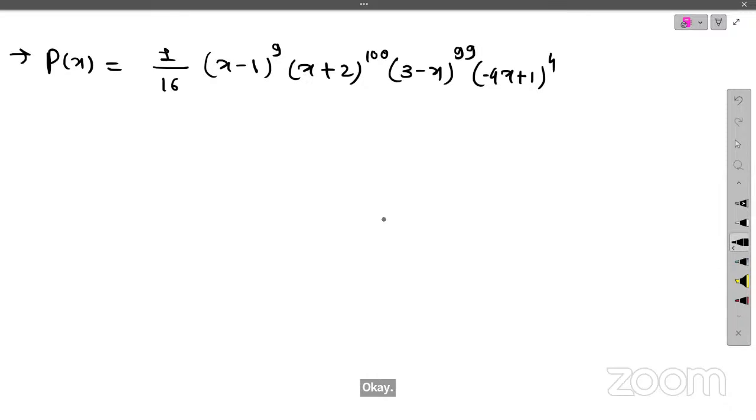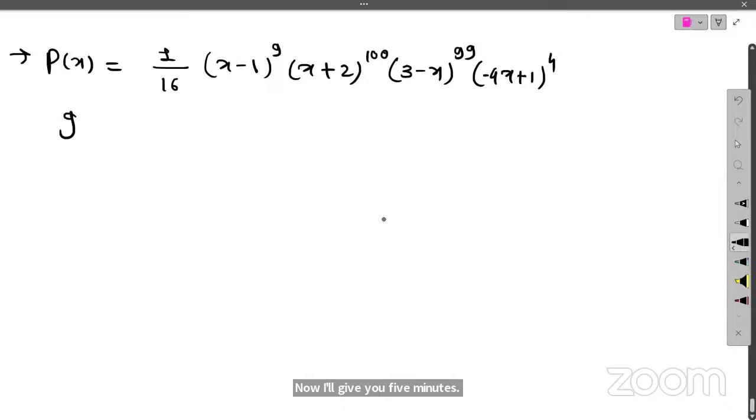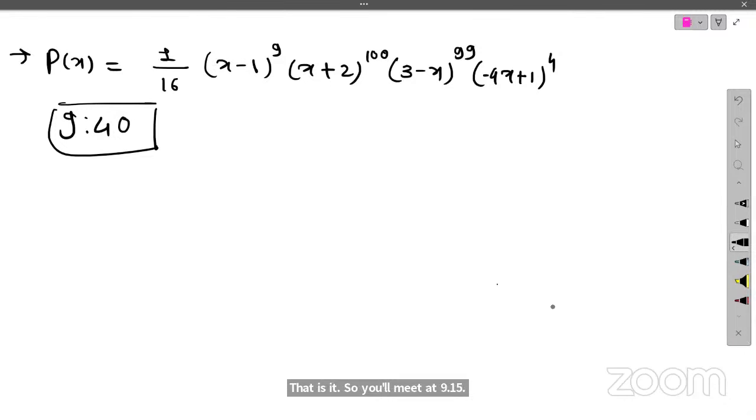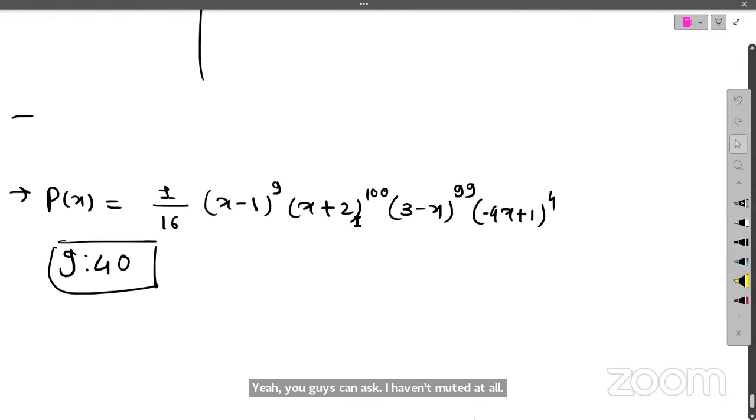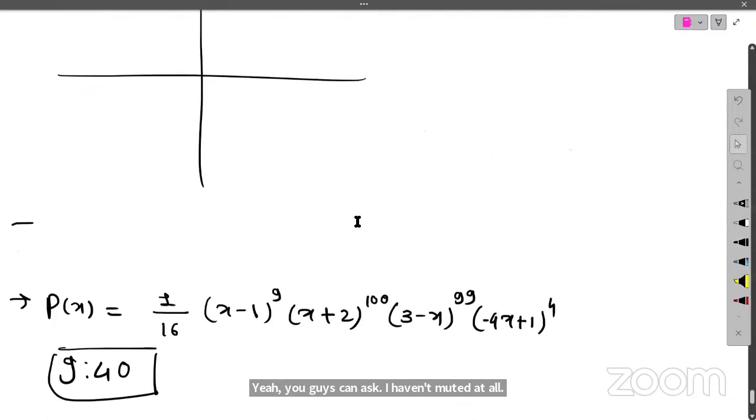आराम से ड्रॉ करो अच्छे से. So we'll meet at 9:50. Till then I'll meet all. Yeah. Yeah, you guys can ask. I haven't muted up. मैम एक बार आप ऊपर कर दो ये PDF. मतलब ये थोड़ा सा